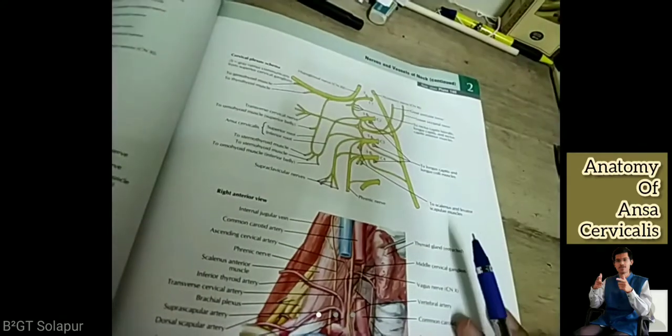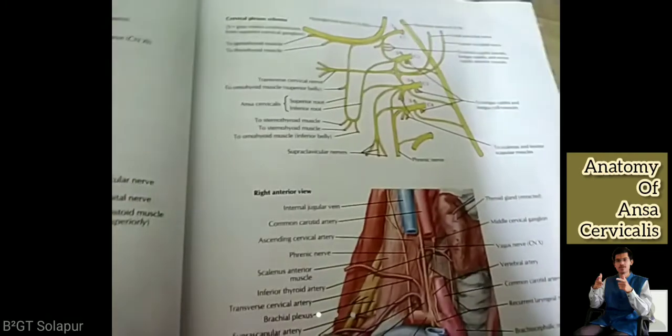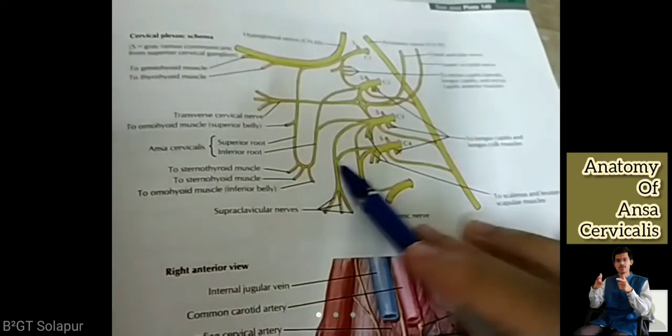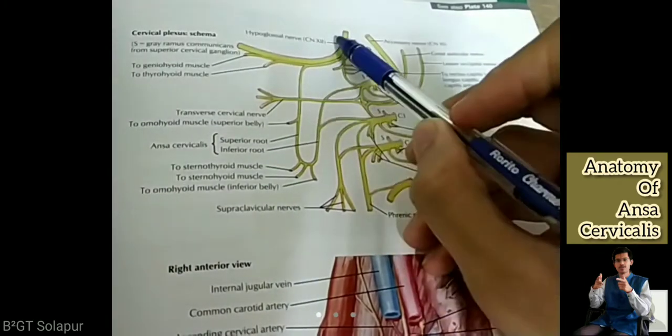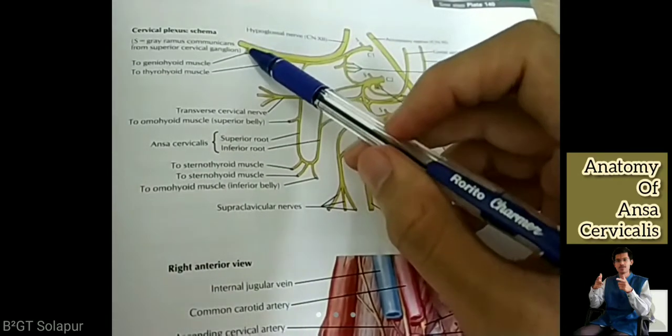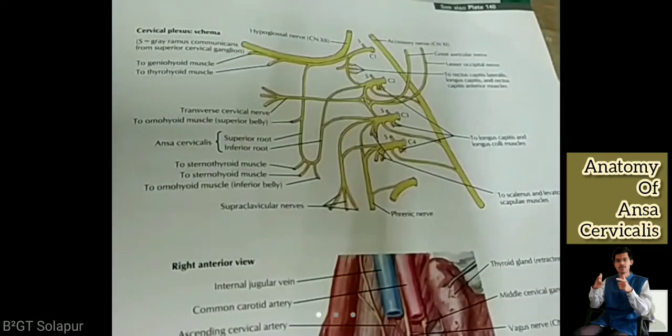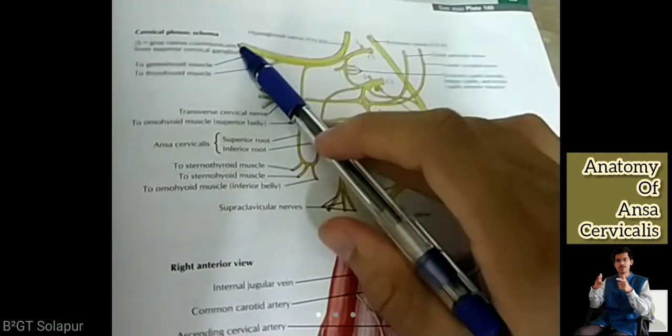So there is one diagram again here. This has made the task very easy for me. Are you able to make this diagram? Are you able to see it? Now, see this. Hypoglossal nerve. I have a very simple diagram. I will draw it for you to practice, because this is a textbook diagram which is very difficult and we cannot draw the textbook diagrams. Okay, so can you see this?